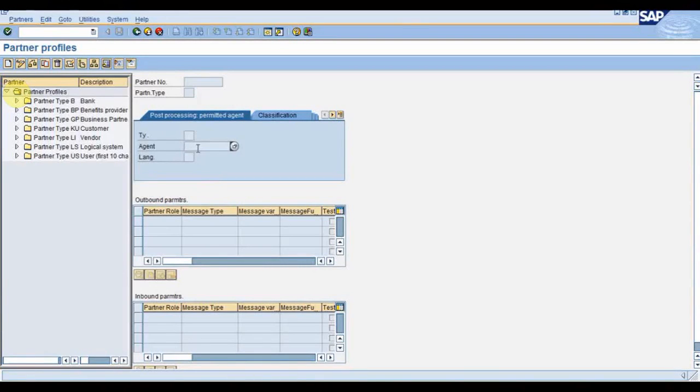So this is how we integrate with workflow. Because we don't send it ourselves, the IDoc itself has one function module which is responsible for sending the notification messages. It fetches the IDs from this particular section and then sends the notification to that ID. So you just need to maintain the ID over here in agents, with the type US, and then see whether you are receiving the notification messages or not.